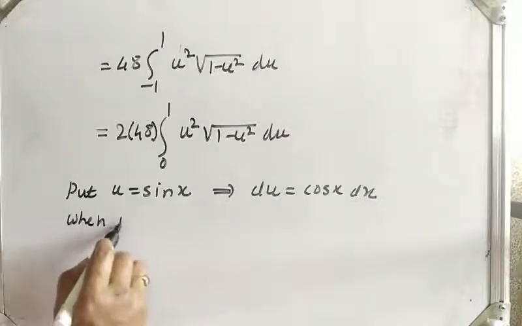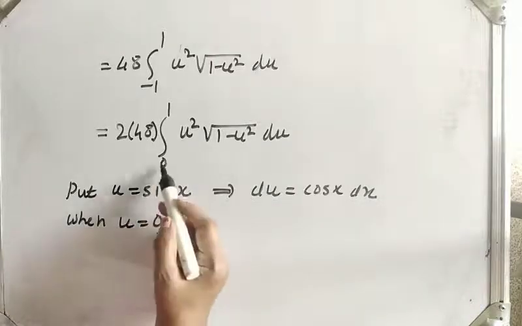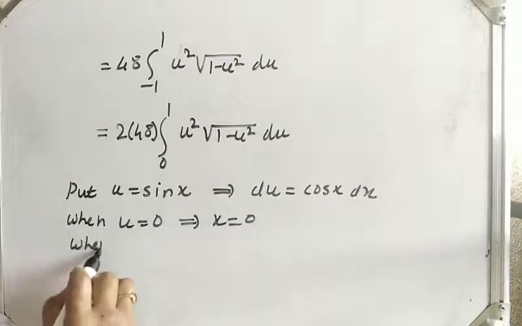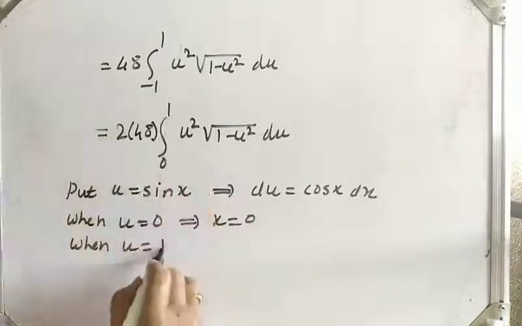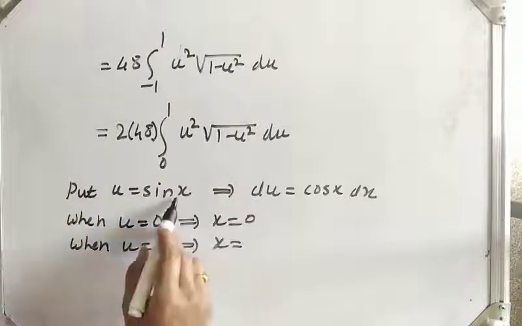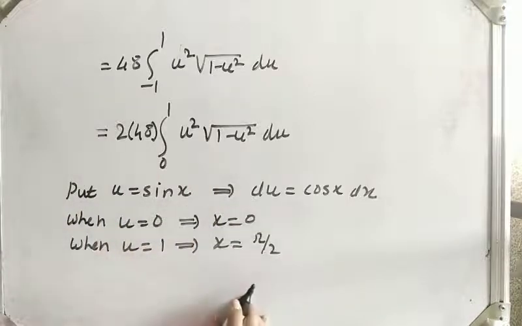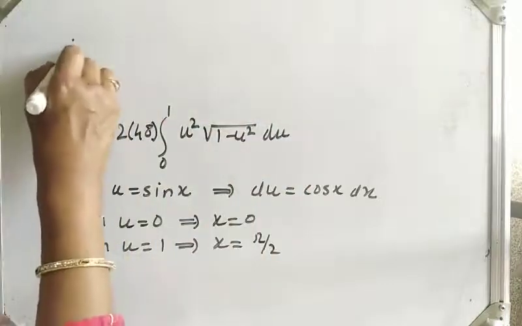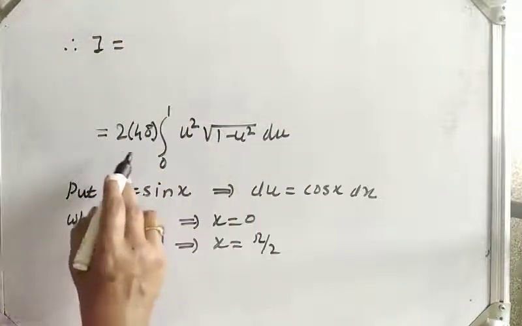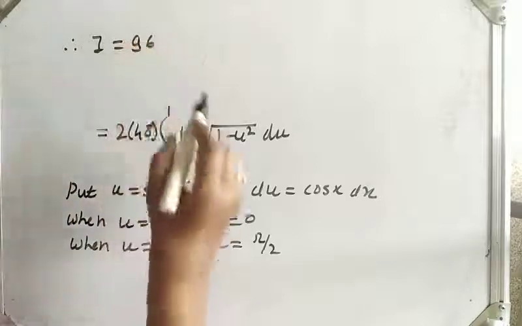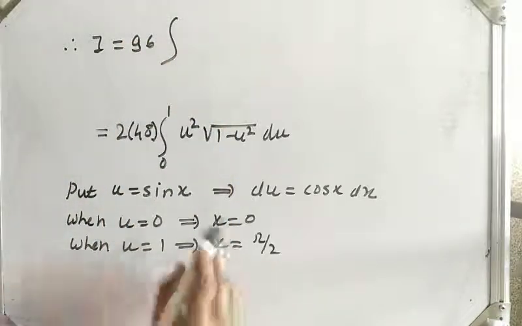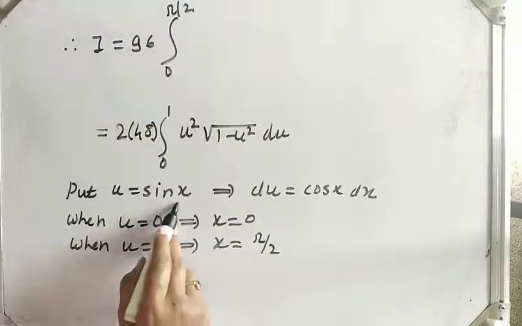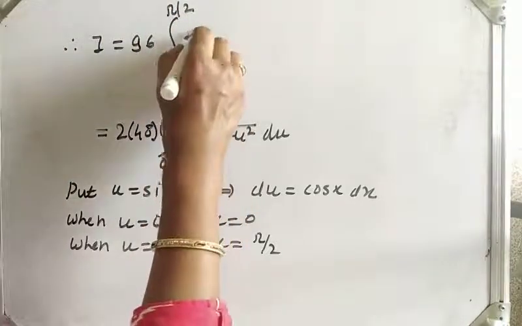When u is equal to 0, what will be x? x must be 0. When u is equal to the upper limit 1, then x must be what? x must be pi by 2. Therefore the integral will be 96 into 2, 48, integration 0 to pi by 2 of u square, that is sin square x,